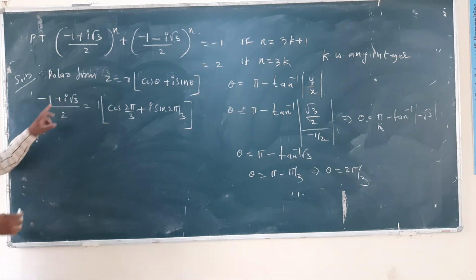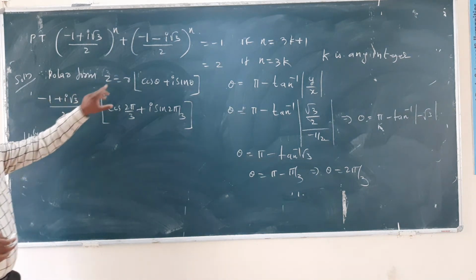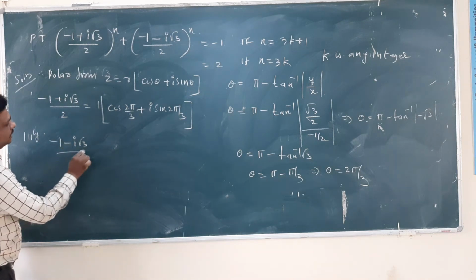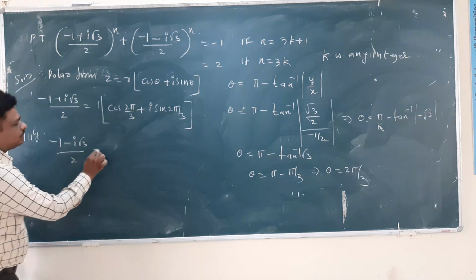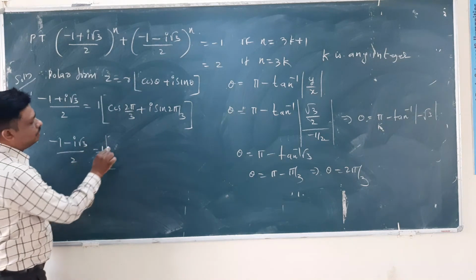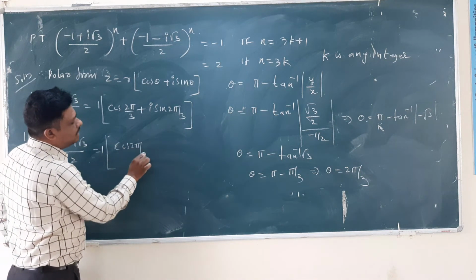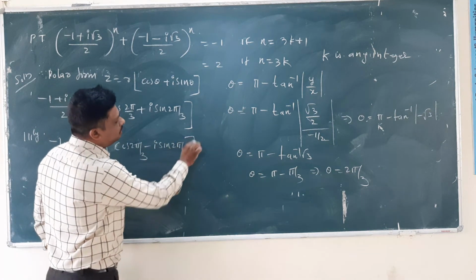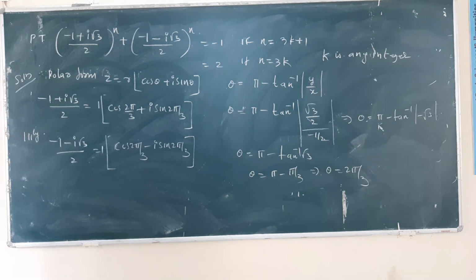Similarly, the conjugate of this one is (-1 - i√3)/2. So this is equal to again 1 into (cos 2π/3 - i sin 2π/3). So therefore